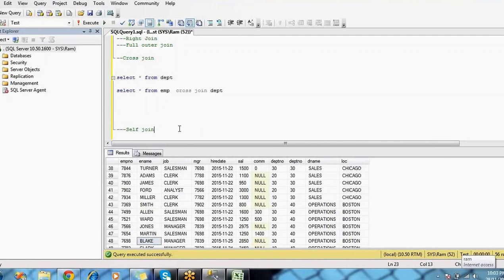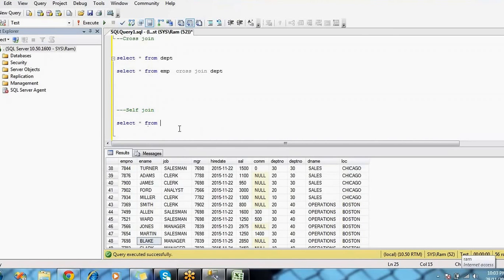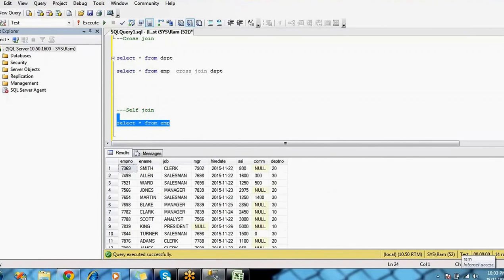So what about the self join? The self join is nothing but joining a table with the same table. For example, if you have an employee table, in what kind of scenarios do we use this self join? This employee table I am going to join with the same table. For what purpose? The manager ID. If you observe here, the employee number is there and the manager number is there.